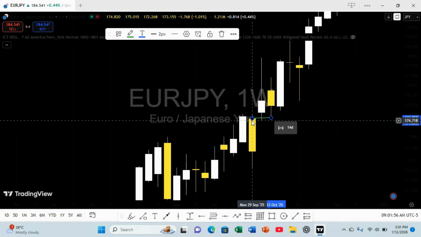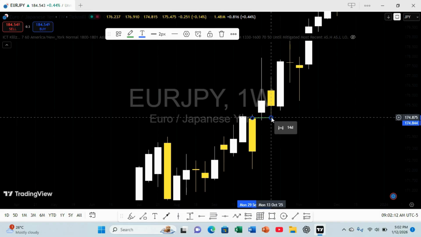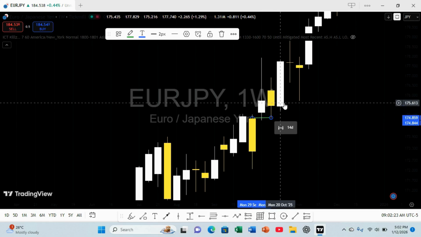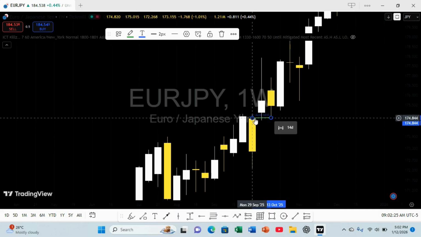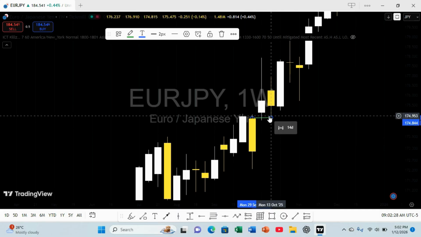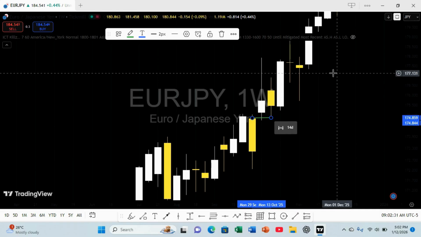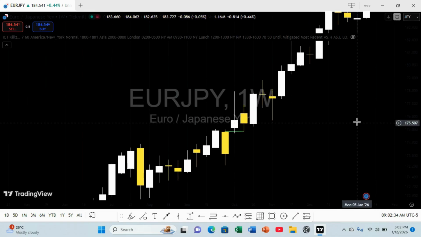this candle, which came at the high, at the opening price, which is at 174.20, and also the low of this candle, the wick, which came at 174.815, which is the exact opening price of this candle, the order block. So you can see that the opening price of this yellow candle supported the price here, which pushed the price to go up. So the buy momentum continued.